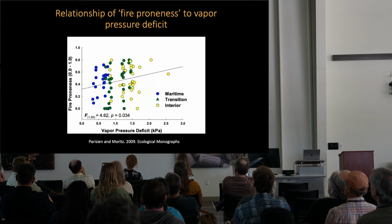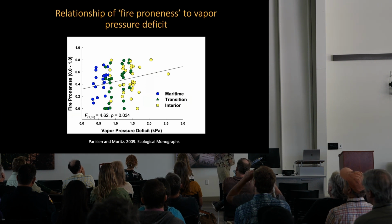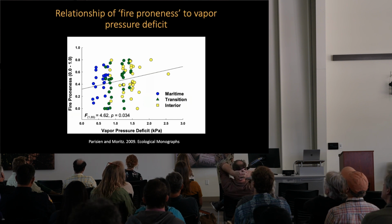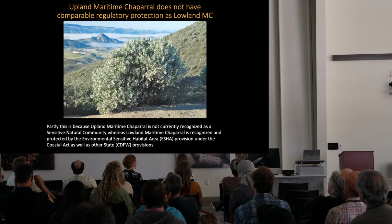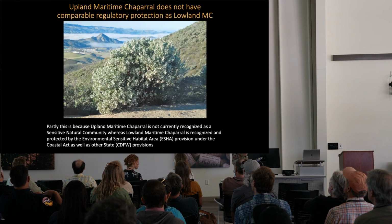We also did this, which is never published, but in terms of vapor pressure deficit, another indicator of its proneness to fire, it was less prone in the lowland maritime and more or less in between in the upland. So another indicator that is different. We're looking out again over the valley. The point of this is that